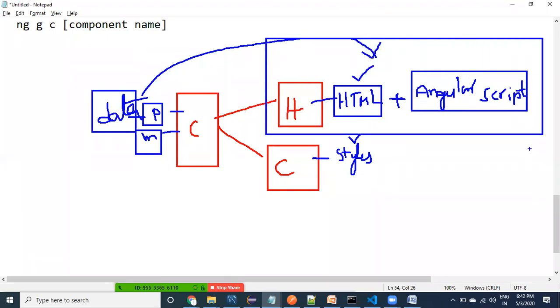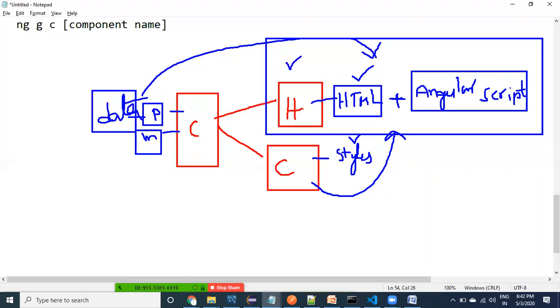To display the HTML, whatever data you want in the HTML is going to come from the component class. The component class contains properties and so on. While presenting, styles are required, so the CSS file is going to provide the styles. For presenting, data is required, and the data is going to come from the component.